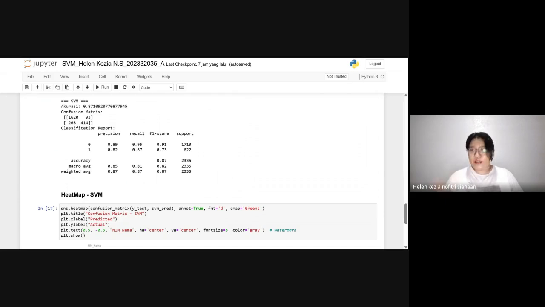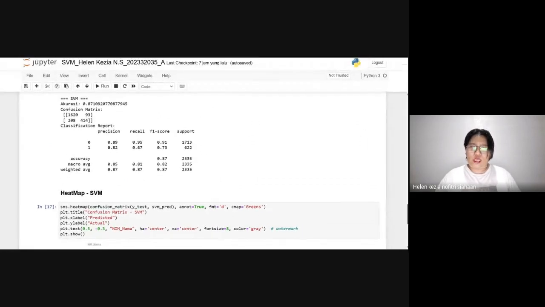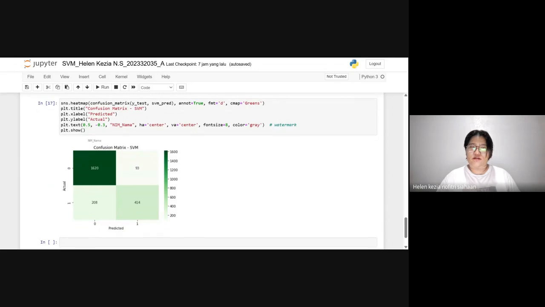Then for the output, I'm using a heatmap, which is the heatmap of the SVM. We're using sns.heatmap on confusion_matrix of y_test and svm_pred. The annot is True and fmt is d, with cmap Greens, which is the color. Then plt.title is Confusion Matrix - SVM, plt.xlabel is Predicted, and plt.ylabel is Actual.